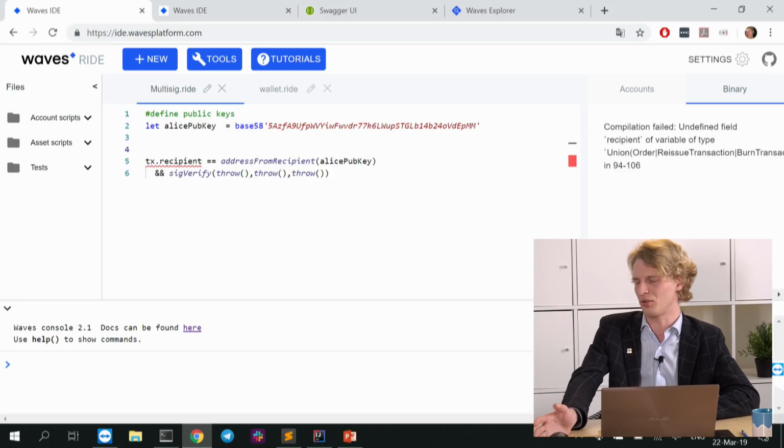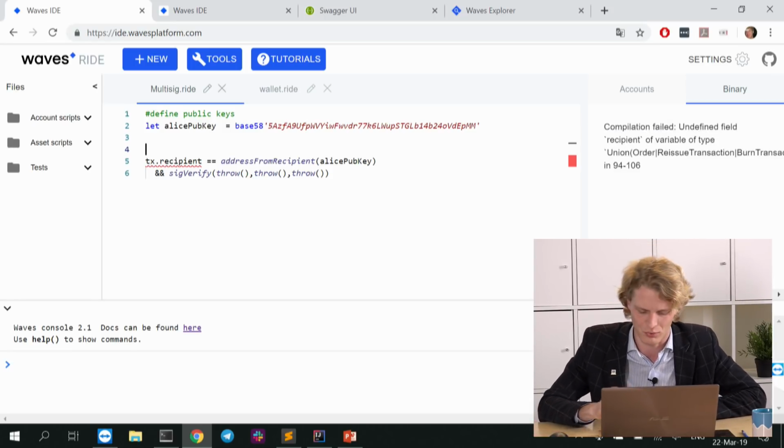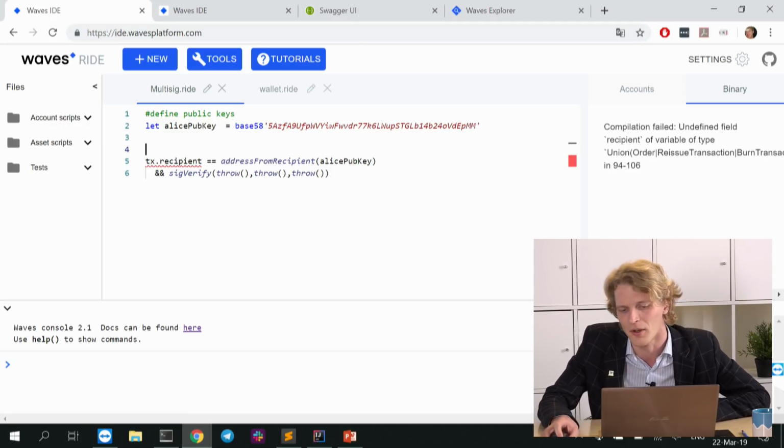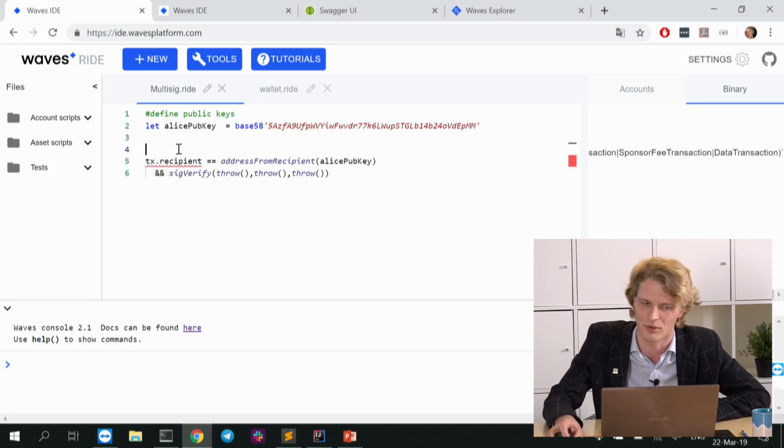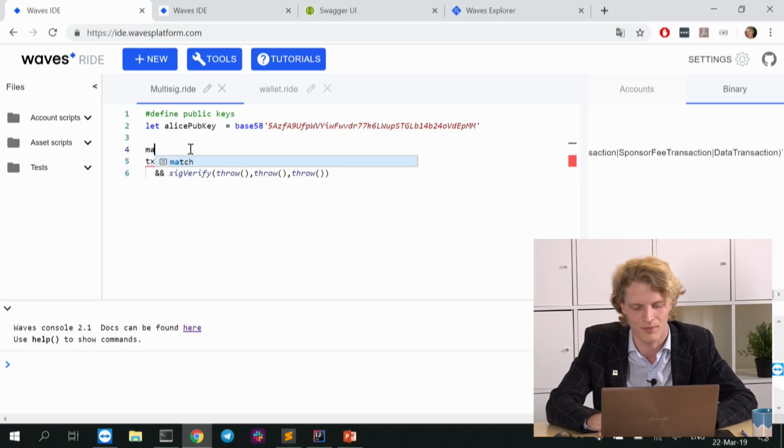So this is called union types. Not very common in today's popular languages, but I think it's a very powerful construction. So our TX could be reissue, order, burn transaction, mass transfer, all of these types of transactions, but only the transfer transaction has this recipient field. Yeah. So let's rewrite it.